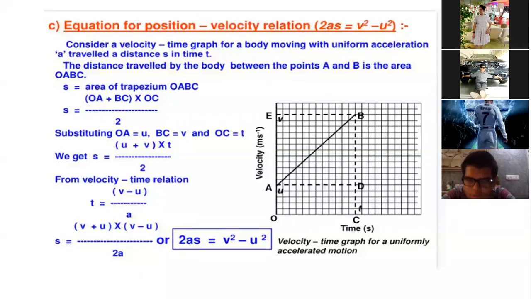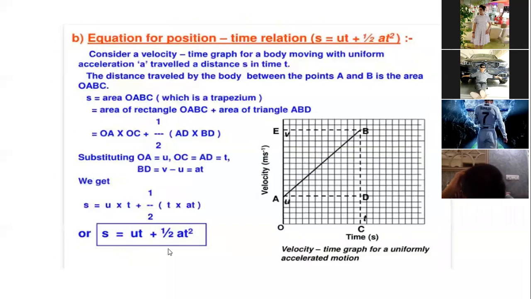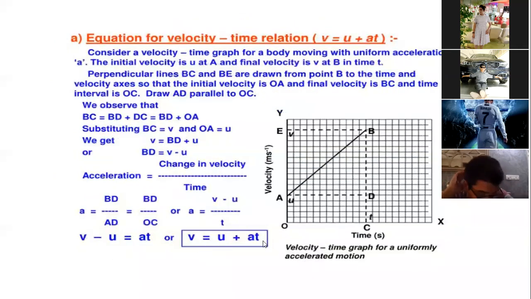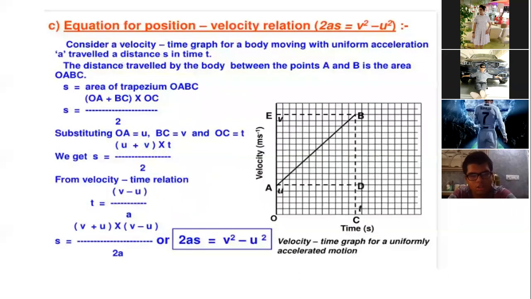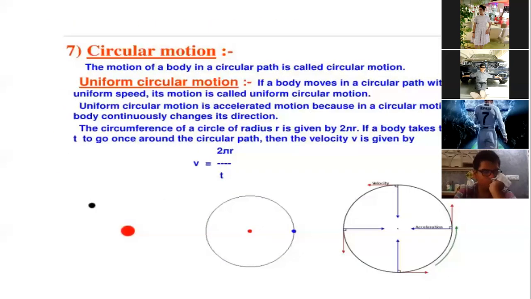Now these 3 equations are in front of you, but after reading a question, you have to decide which equation to use based on the given values. If you have initial and final velocity, acceleration, and displacement, you can use this equation. If anything related to time is given, you can use this relation. If initial and final velocity and time are given, you can use this equation. So I hope I'm clear up to this third equation part.